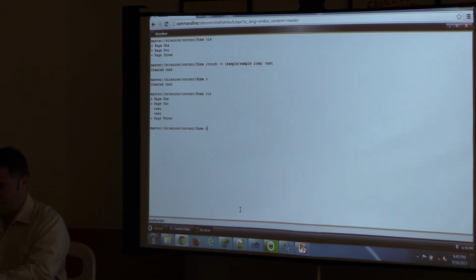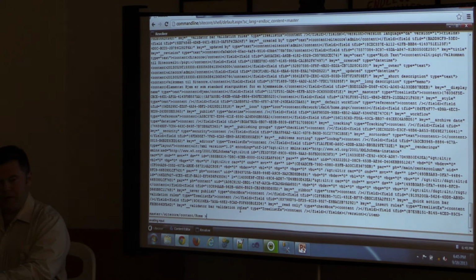So also you can do some really interesting things with serialization. This actually existed before you had TDS or the serialization framework within Sitecore itself. So I can do GI, and it'll give me the current item as XML. And then I can say, hey, I want to put that in a file. So I can do echo, I can do f, test.xml. Actually, let's call it home.xml to make it actually make sense.